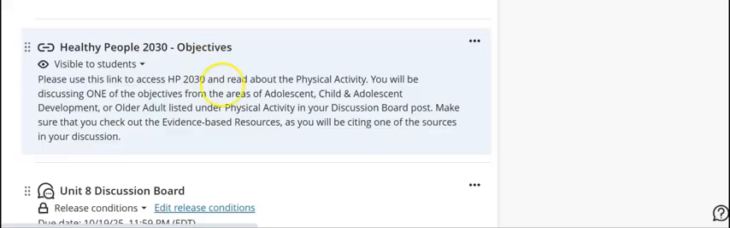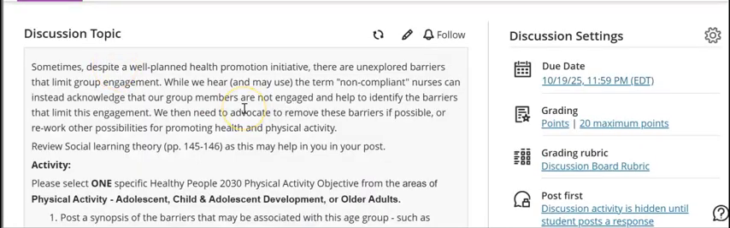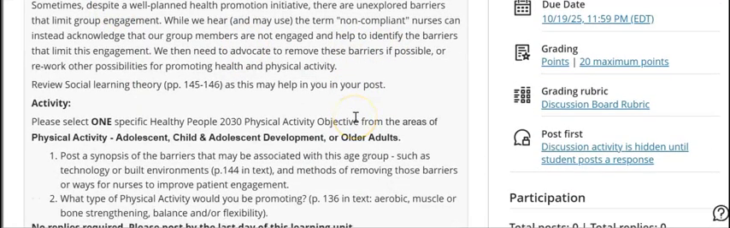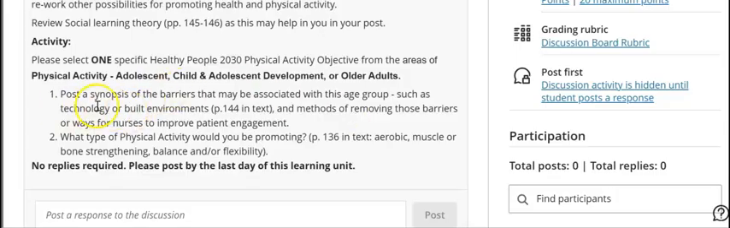And before you really select one of the initiatives, you're going to look at the discussion board. You're going to see that these are the questions for you: posting a synopsis of the barriers that may be associated with this group, and what type of physical activity you would be promoting. This might be very easy. It might be right in your initiative, but at the same time, you want to make sure that you look at these